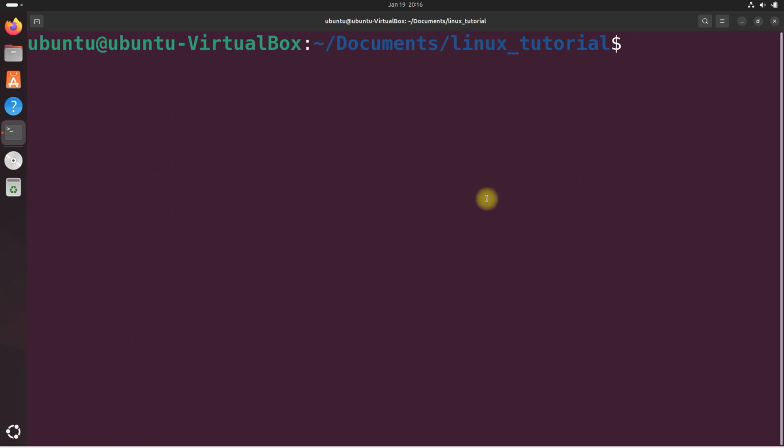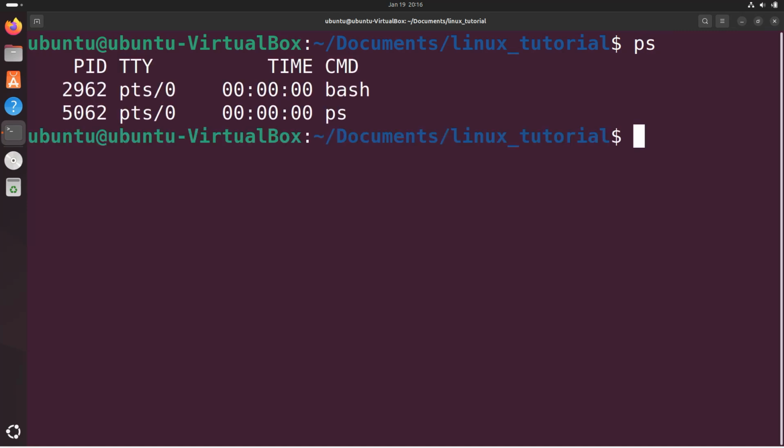Moving to the PS command, displaying the process status using PS, P as in Paul and S as in Sam. The PS command is used to display information about running processes. To display the processes associated with the current shell session, type PS. The output will show the process ID, PID, terminal, CPU time, and the command name for